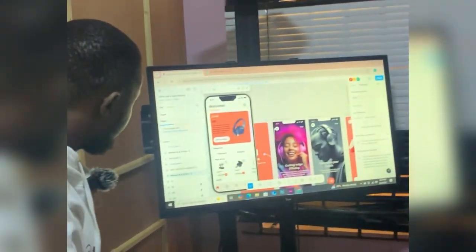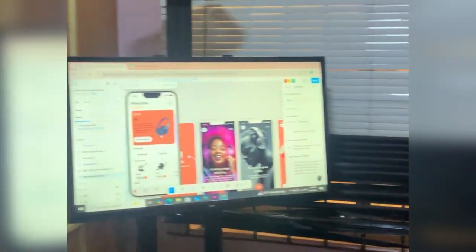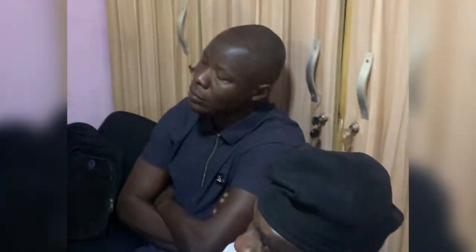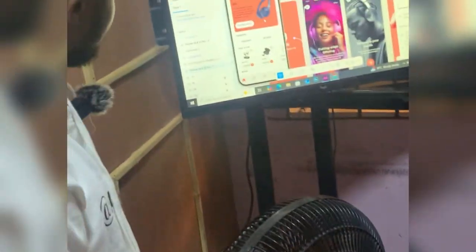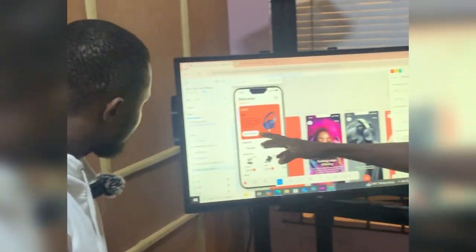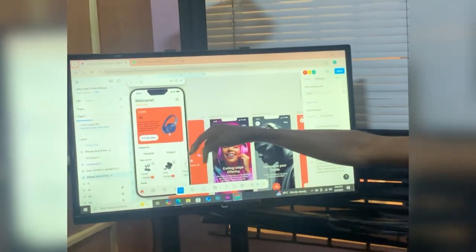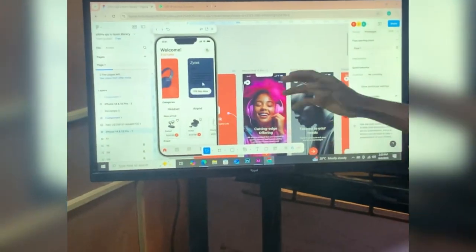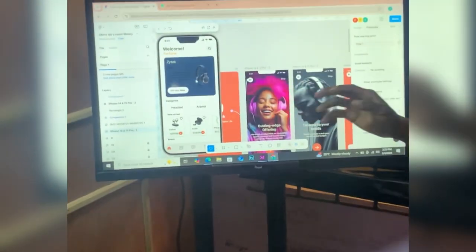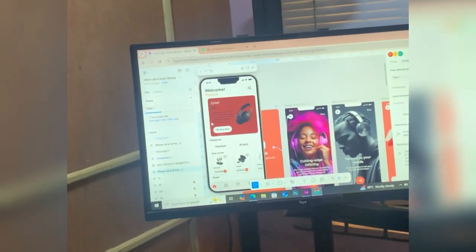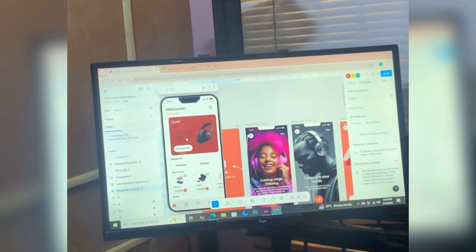So you can complete, and this is the main home screen page when you have already signed up. So this one is like when you are reducing percentage on some products. So please you can scroll down like this. So there are different percentages for different types of headsets that are there.